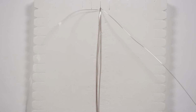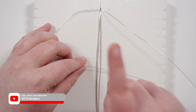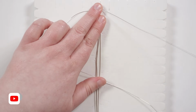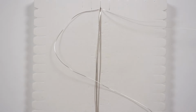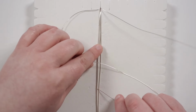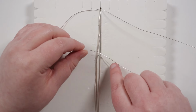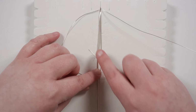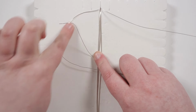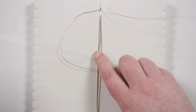So I'm literally just going to use our 2 working wires that we separated out, 1 on each side, and make square knots around all these 4 in the middle. So grab one length, it doesn't matter what side you start with. I'm just going to take my left one, put that over all the holding wires, then the right one goes over that, underneath everything in the middle, and make sure that you catch all the wires there in the middle, and then up through the loop here on the other side,